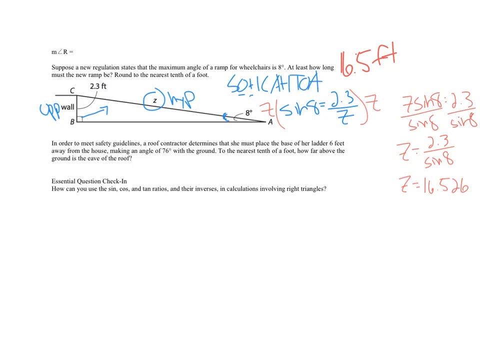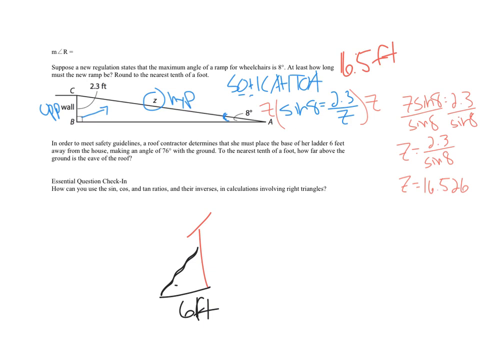All right, in order to meet safety guidelines, a roof contractor determines that she must place the base of her ladder 6 feet away from the house, making an angle of 76 degrees with the ground. To the nearest tenth of a foot, how far above the ground is the eave of the roof? So anytime it's a word problem without a picture, we want to draw that diagram. So we have a house, and I'm just going to draw a side of it. She's going to place her ladder against that house, and then that distance, we're told, is 6 feet away from the house,